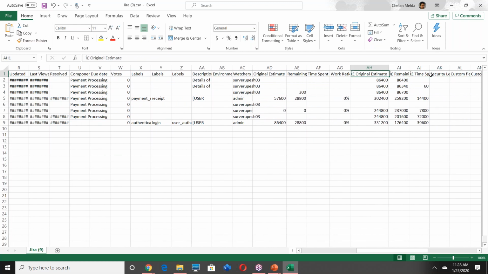No, that's also time. Remaining estimate, original estimate. I think this one is a duplicate of that, but it doesn't look like a different value. I think it's a cumulative one.